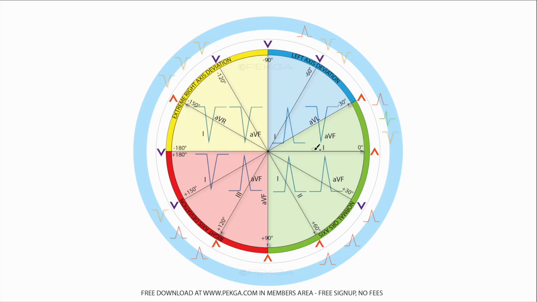If you take a look at the hexaxial system, so once you're following depolarization that's going on in the heart, lead 2 right here, right? This is the tip of lead 2. This would be the apex of the heart. This would be your sinoatrial node, roughly speaking. So this is just for orientation purposes. These are not exact locations. Exact locations of what's going on with the depolarization waves we cover in our lessons. And you can certainly check that out at